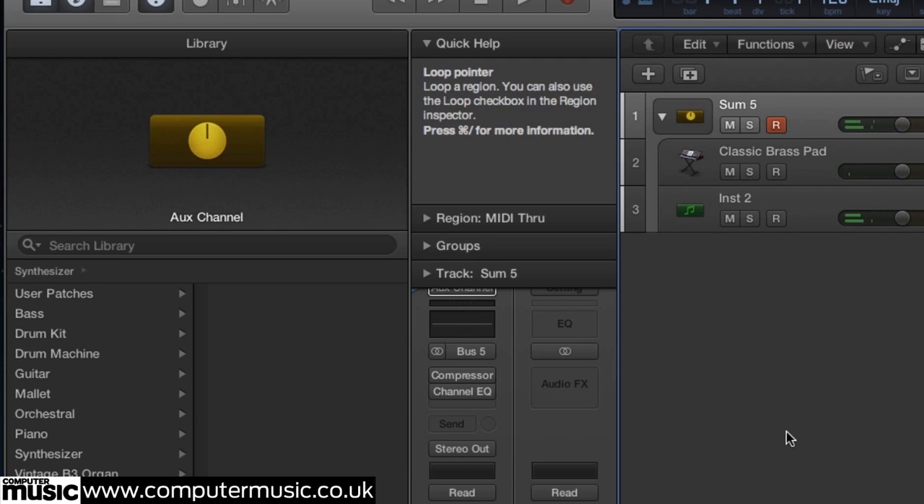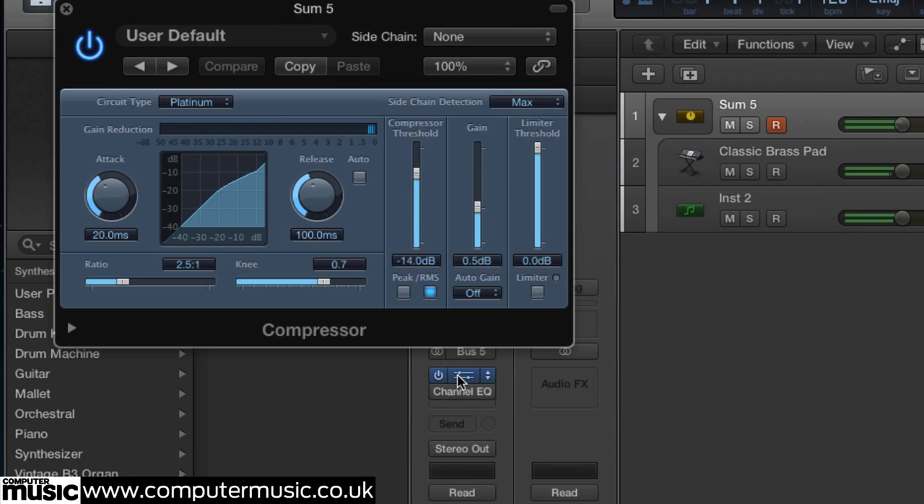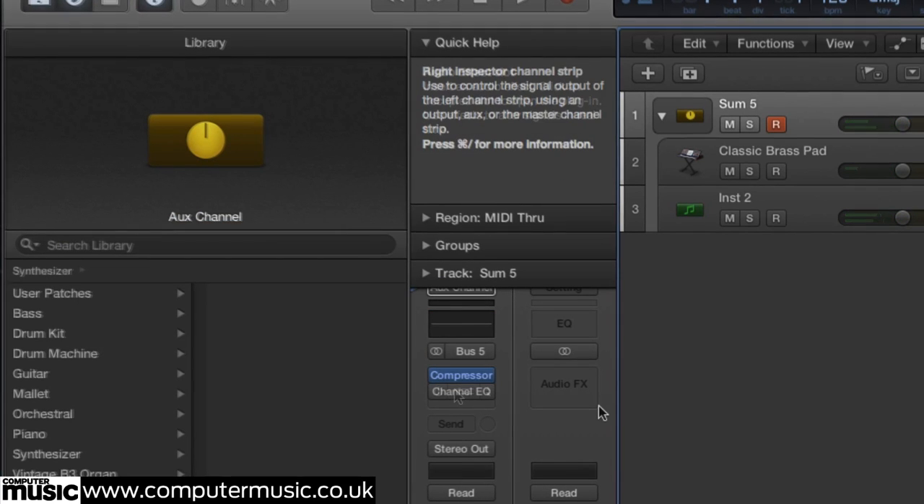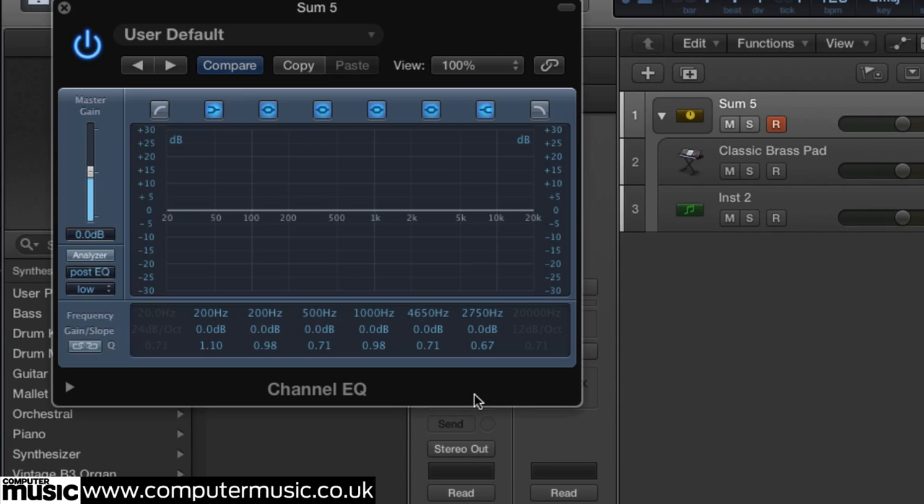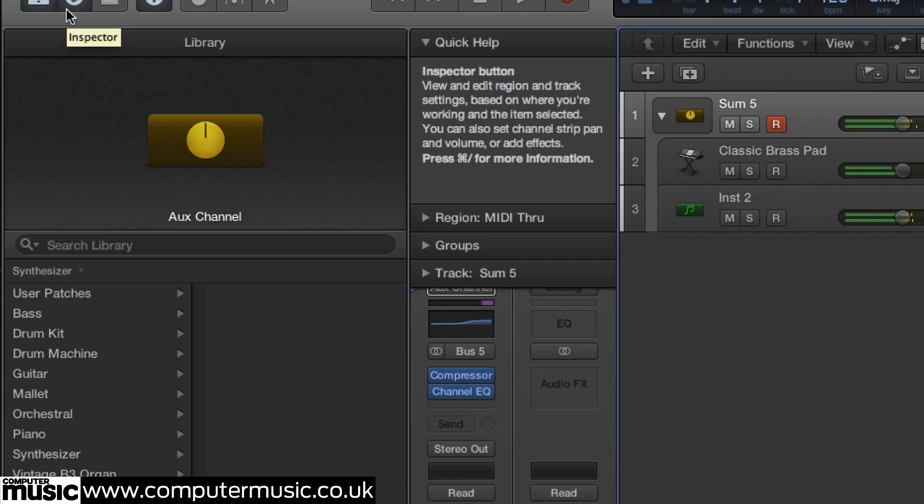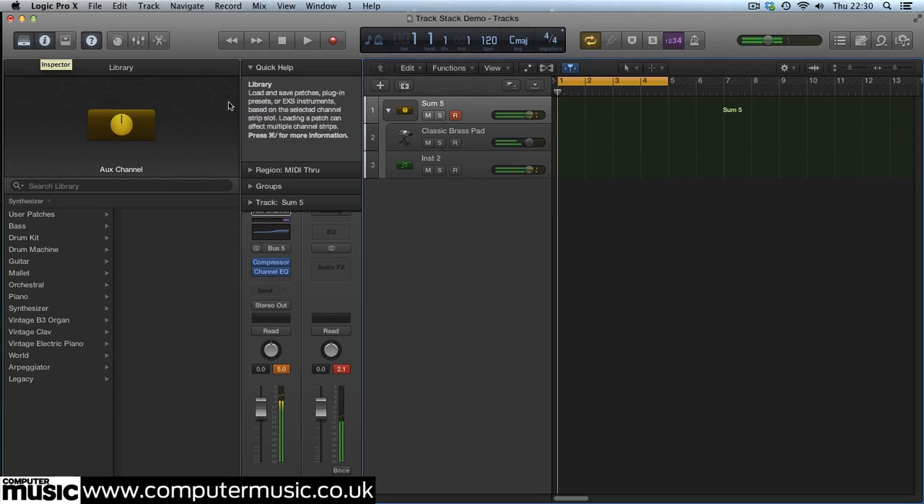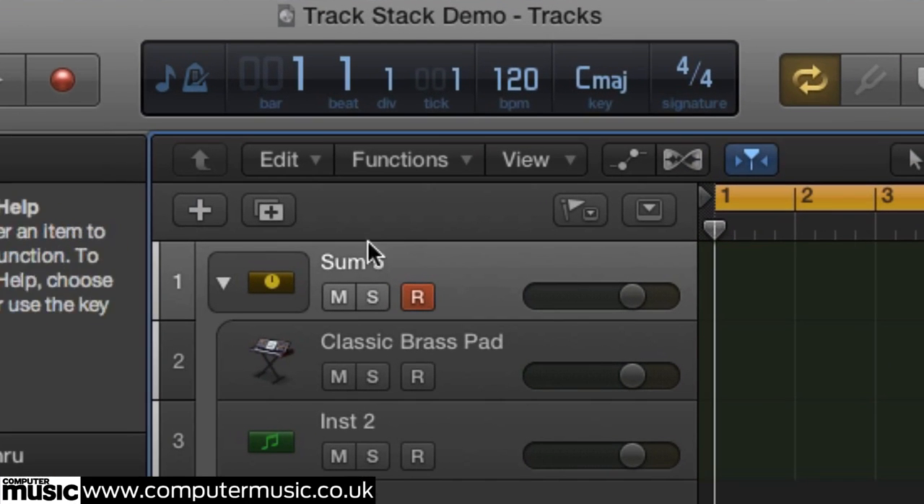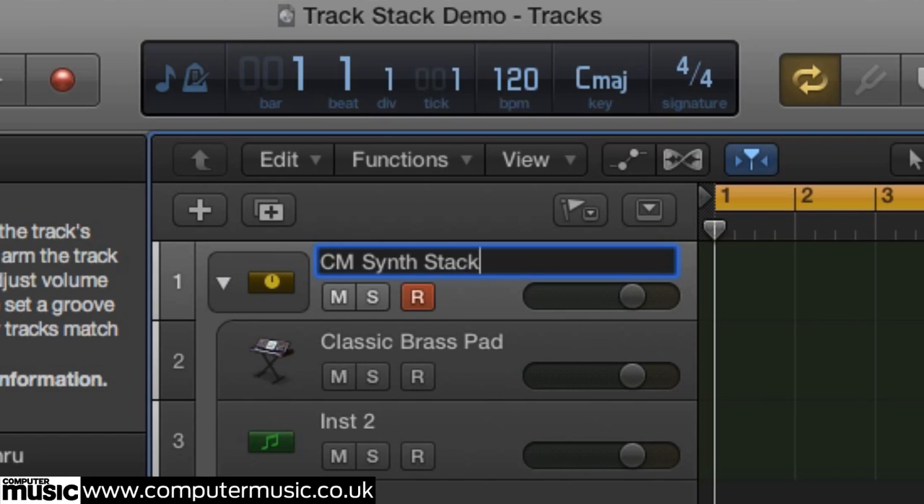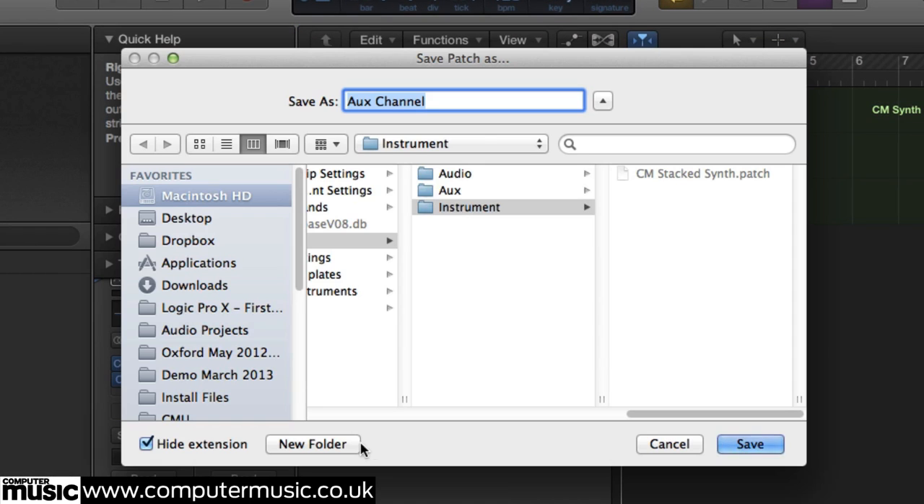Now if you wanted to apply something globally, you can put it on here, apply the compressor that comes ready mapped to it. And you could apply a bit of EQ to bring out the top perhaps. And if you want to, you can save that whole setup as a patch in the library, so you can call it whatever you want and save it